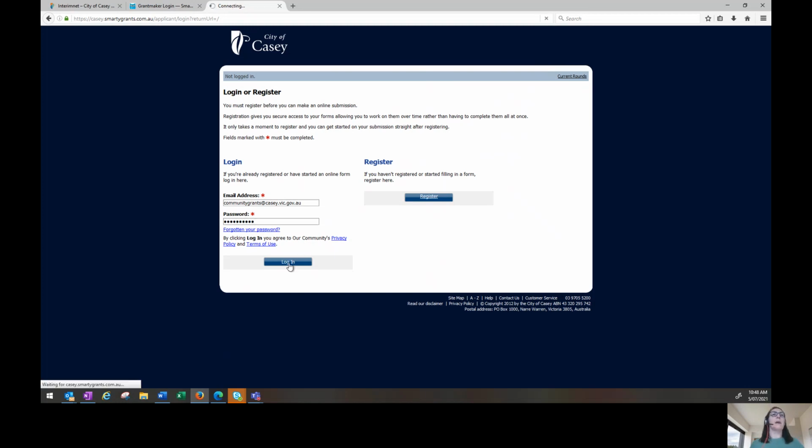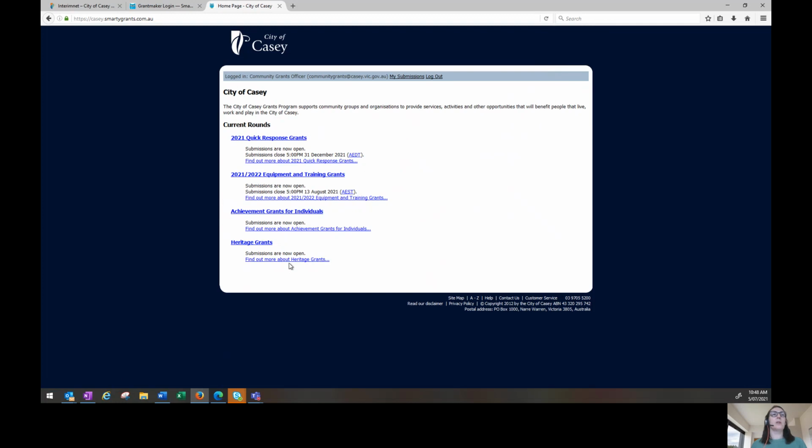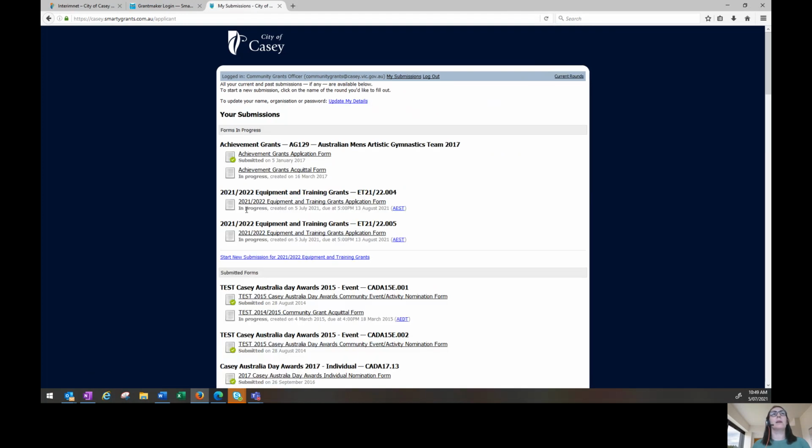It's a good idea to write these details down if you are sharing this role with someone else, so that they might be able to log in, because at the end, if you are successful, you'll need to acquit. So it's important that if you move on, other people are able to go in and acquit for your grant. So again, we're going to go into my submissions,